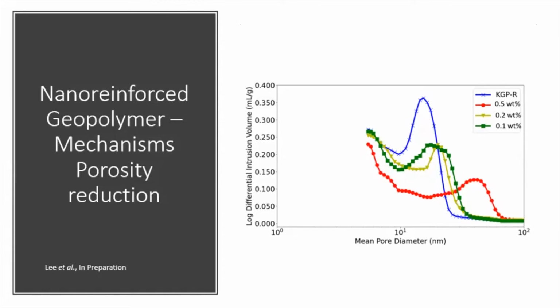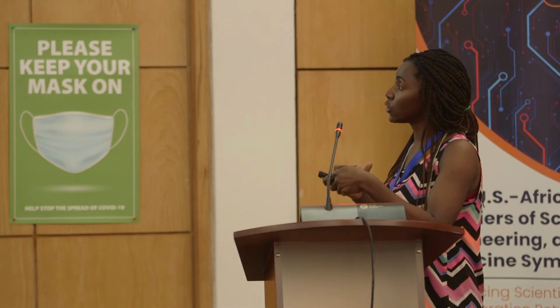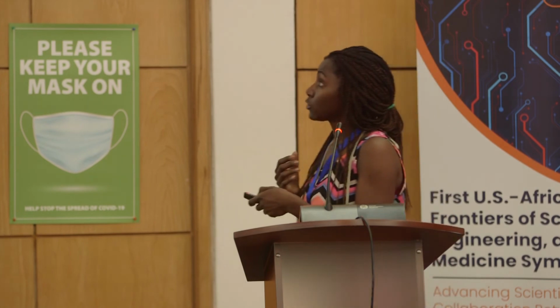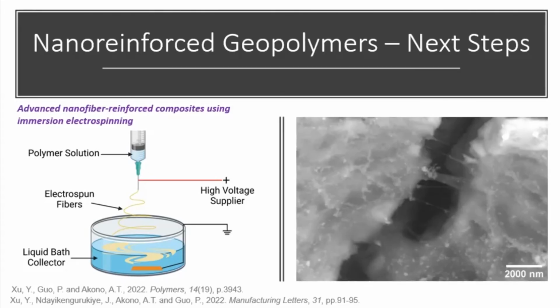And this is going to lead to a higher reactivity of the geopolymer slurry as it hardens. As a result, we're going to have a denser microstructure where we reduce the porosity, but we are also tailoring the porosity. So we are making it less porous and we're making the pores coarser. And this property can be useful when you're thinking about filtration devices, for instance. And then we were talking about matrix densification because we have this high reactivity. So what we are observing along, for instance, the wall of carbon nanofibers is the formation of geopolymers because of this high specific surface area in this case.